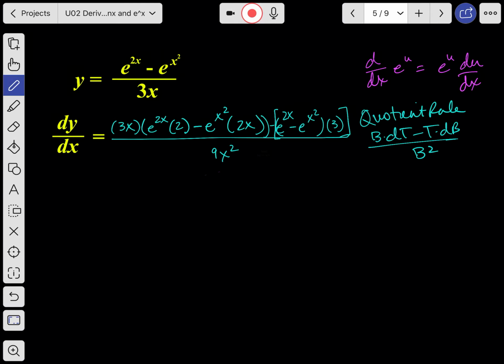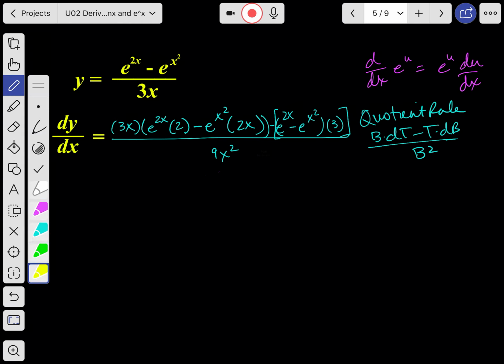All right, so I could leave it like this, be perfectly happy, or maybe you recognize that in each of the first or second expressions, I can factor out a 3. I can cross this guy from this first factor or term and a 3 in this second term, and then cancel a 3 here. So really my only move here is maybe x times e to the 2x times 2,